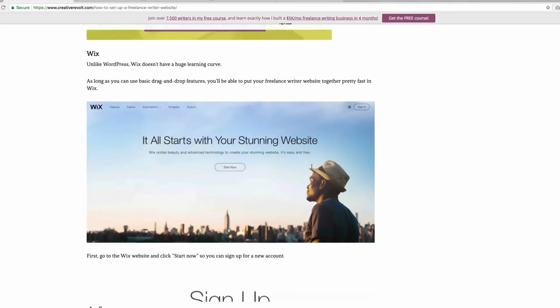Now, there are a lot of other site builder options, one of them being Wix. Unlike WordPress, just like I say here, Wix doesn't have as much of a learning curve. Now, I will stop right there and say WordPress is the most powerful one. You're going to get the most customization options. You're going to be able to set up the best site for yourself using WordPress. However,